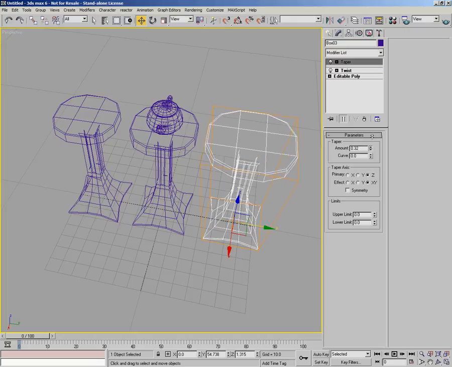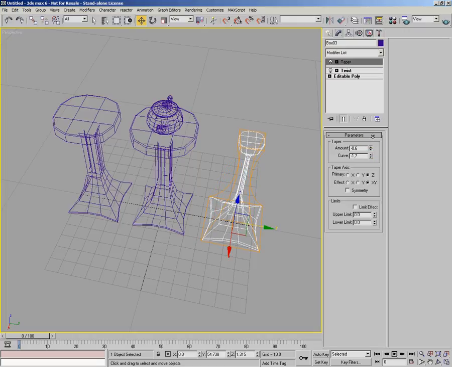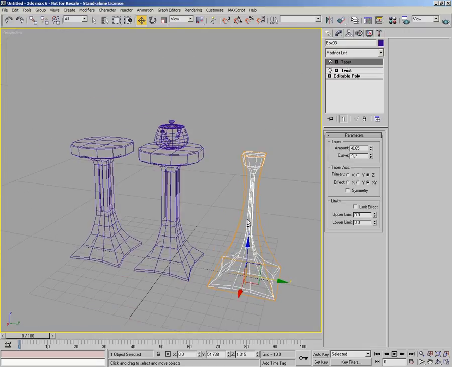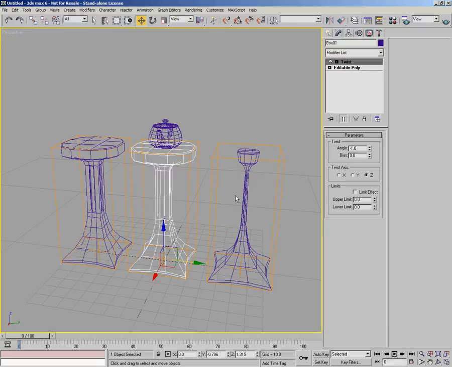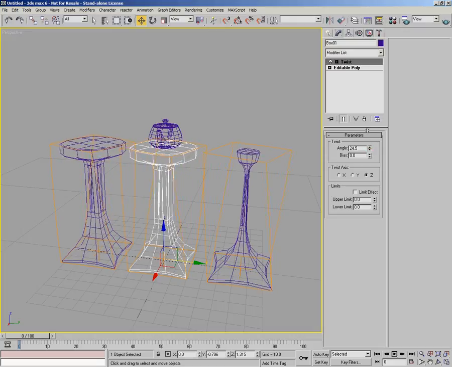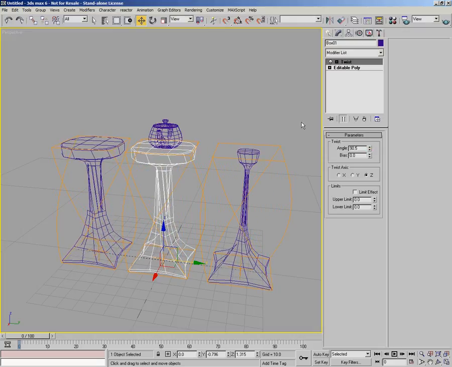I'm going to modify the taper, so let's make the top of the plinth much smaller, and let's change the curve. Let's make it a little bit larger again. So there we go. We've made quite a major change to the top of this plinth, and I'm going to go to the original plinth and change the twist so it's a bit more dramatic. And you can see that